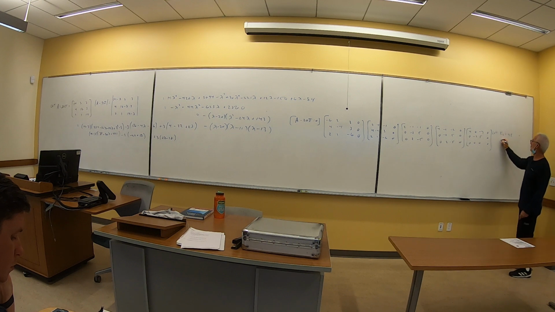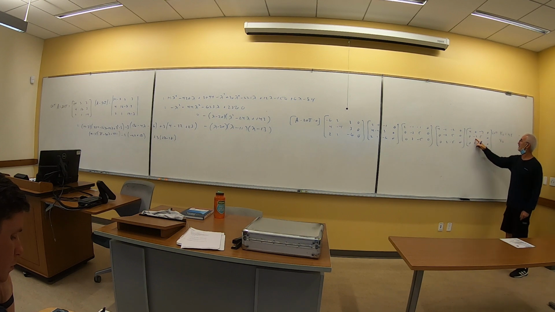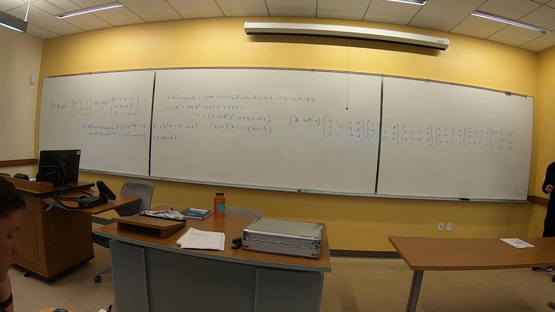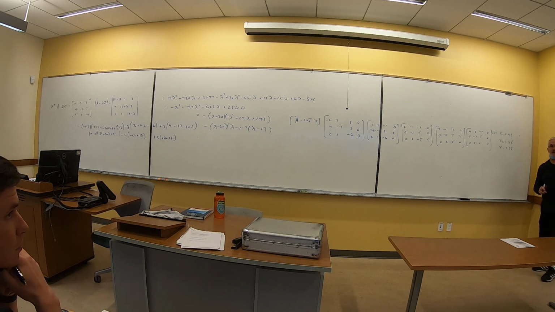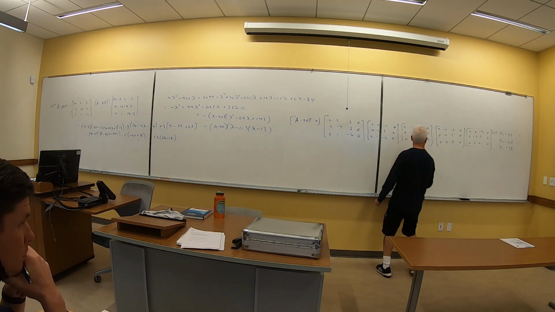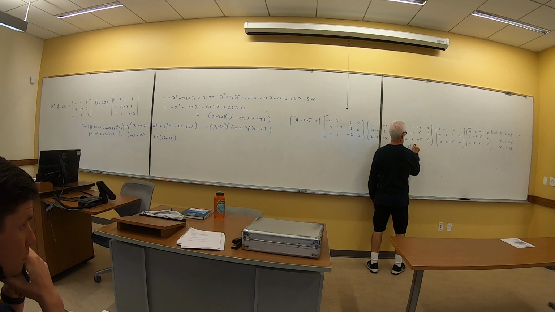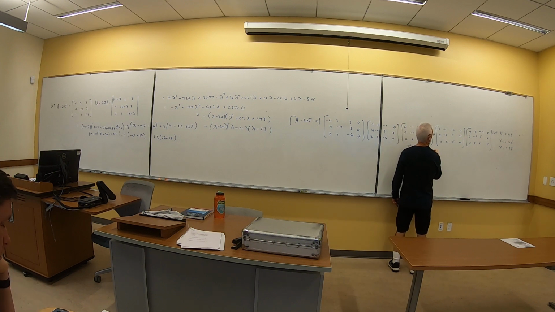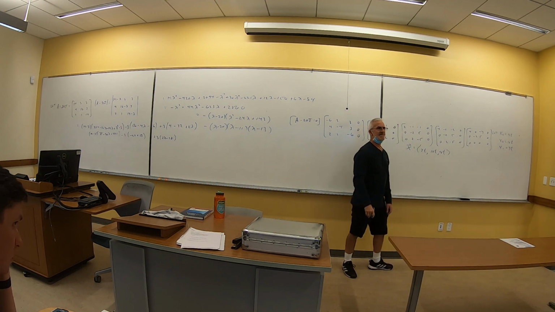Then what would x2 be? -2 x2 plus 20t, so that would be 10t. And we will check this, obviously. And then x1 would be 7t. Everybody cool with that? So, any vector of the form 7t, 10t, 4t. Now,